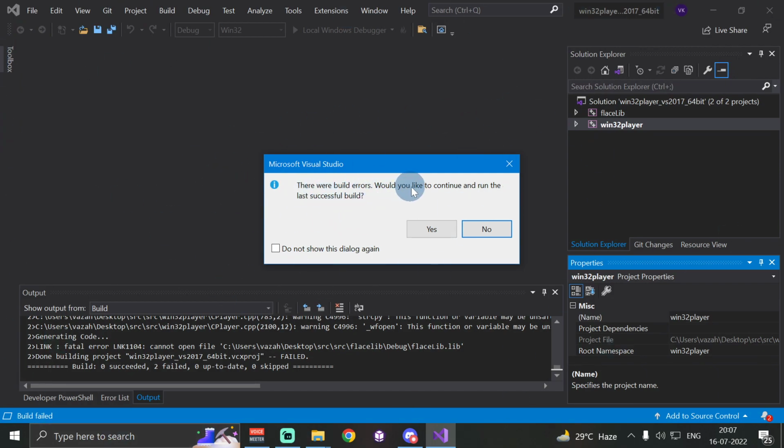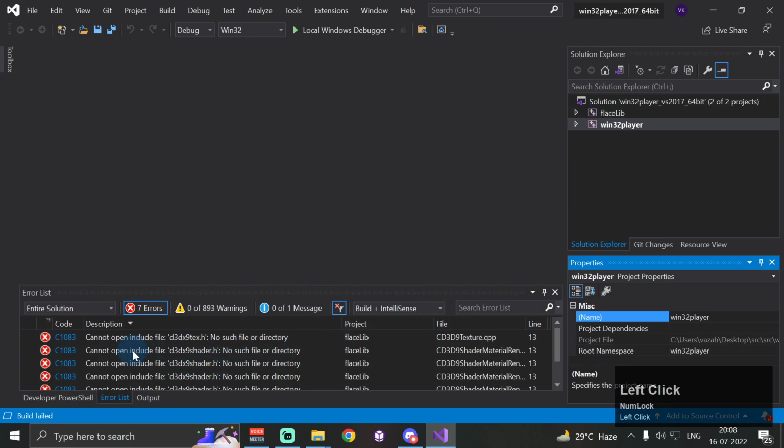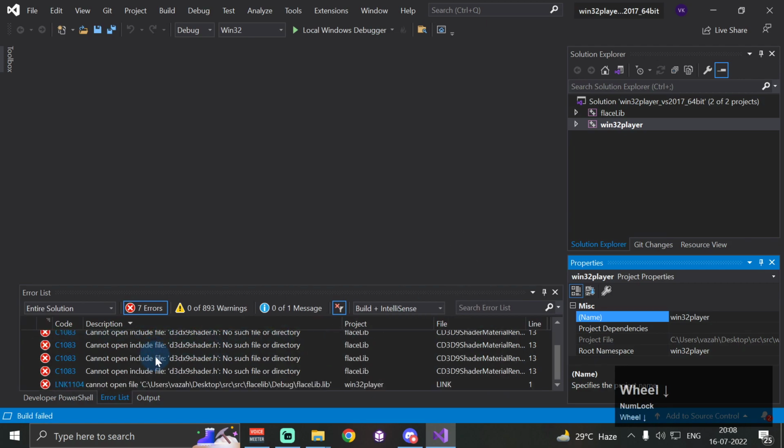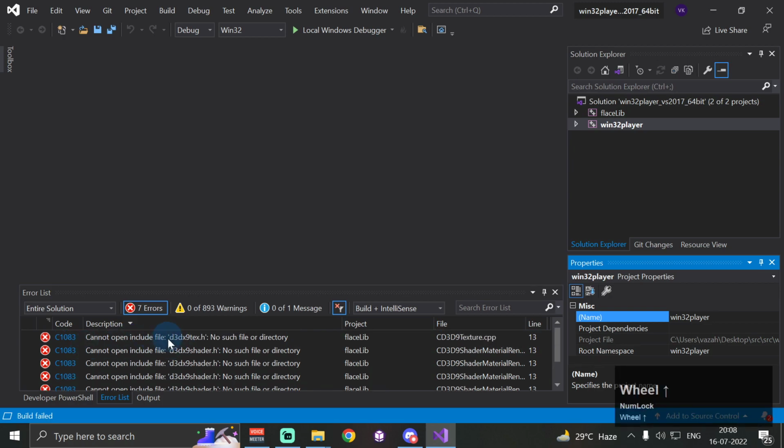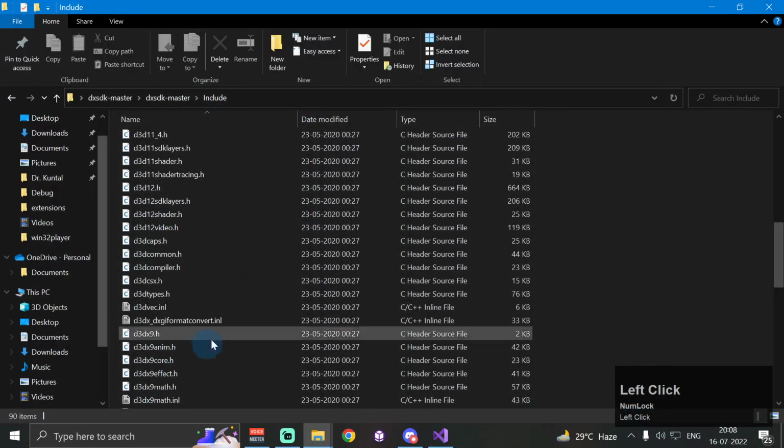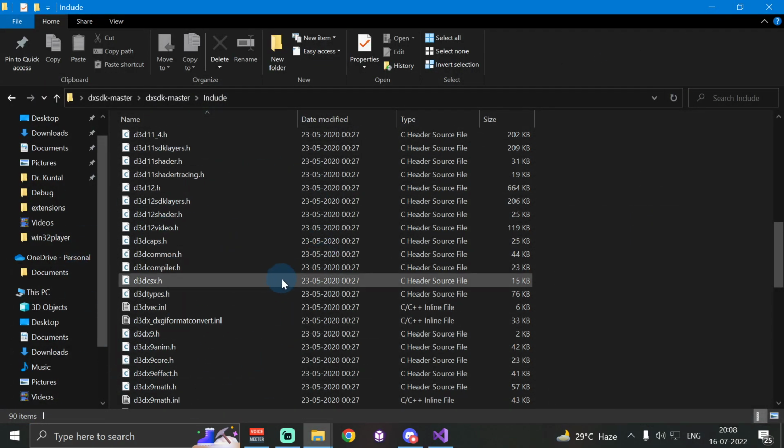So there were build errors. Would you like to continue and run the last successful build? So all you have to do is click this No button here. Then you will see we have these 7 or 8 errors. So these errors are like d3dx9 text.h, no such file or directory, because we haven't included all these DirectX SDK